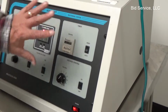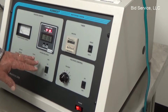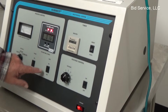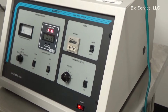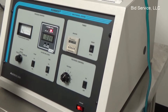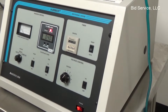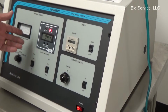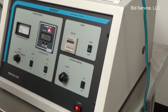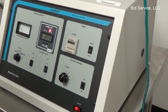So the first thing that we're going to want to do is have the argon flowing in here. Once I turn that on, you will see the vacuum increase because of the gas that we're adding in. So I'll turn the switch on, and as you can see, the vacuum is going up. We've passed our 30 millitorr point, so that low indicator has gone off. And it recommends usually somewhere between 40 and 60 millitorr, again depending upon your application, to do the plating that